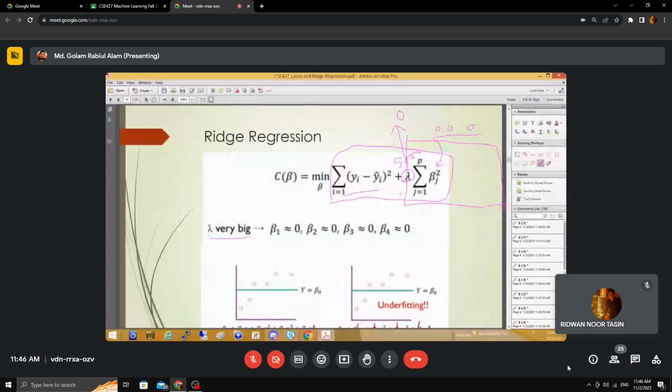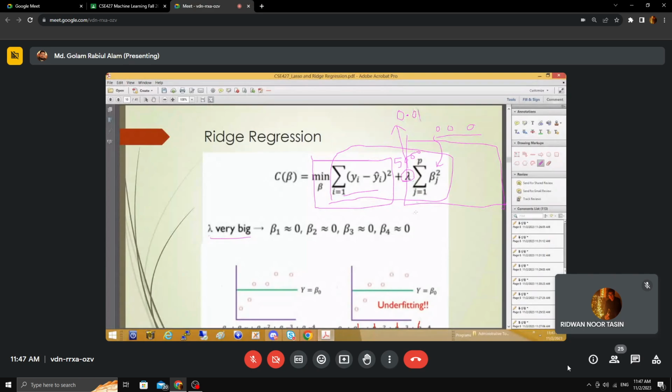If we consider lambda equal 0, then what will happen? It will only consider this part. That means it will do the same thing as the normal linear regression. Or with a very small value, like maybe 0.01 or something,